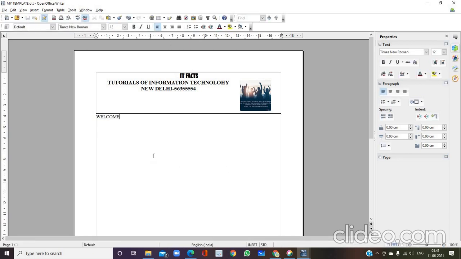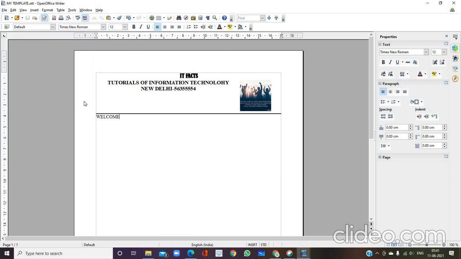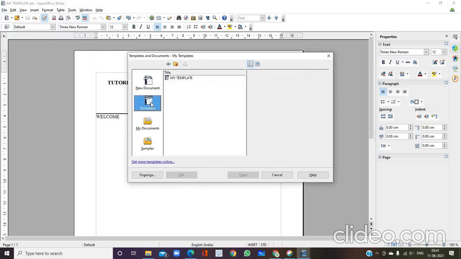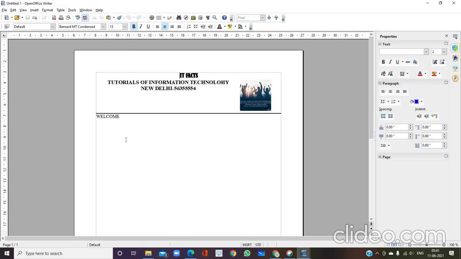Now we will open our template to check whether it is updated or not. Go to File, Templates, click on my template, say OK. See, the welcome is updated. Whatever text you have is updated to your template.